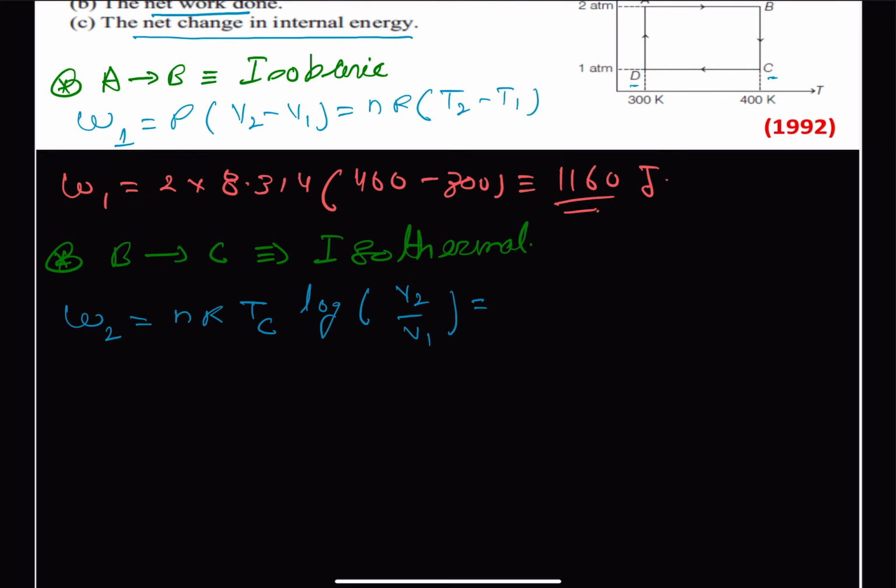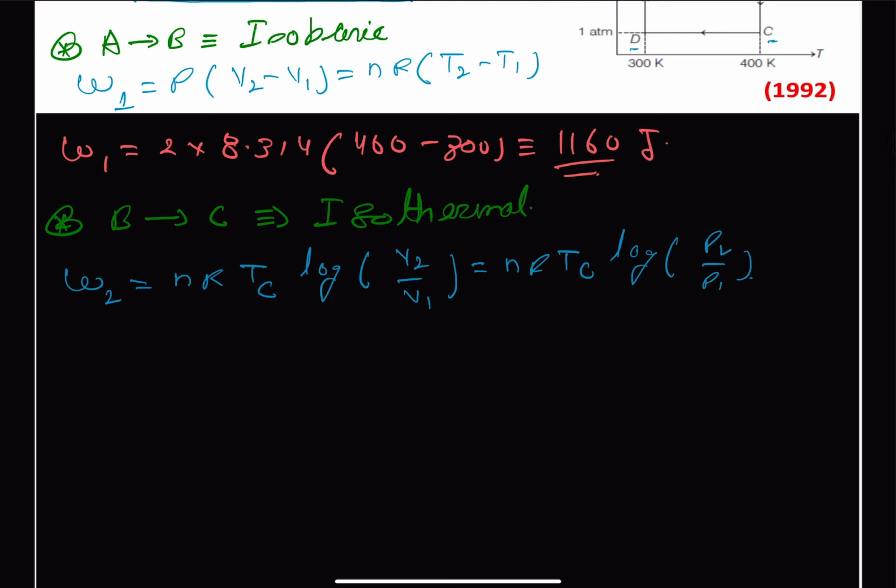So this is nR TC times log of P2 by P1, and we know all these values, so we substitute them. We have this as 2 into 8.314, and this is our 400 Kelvin,